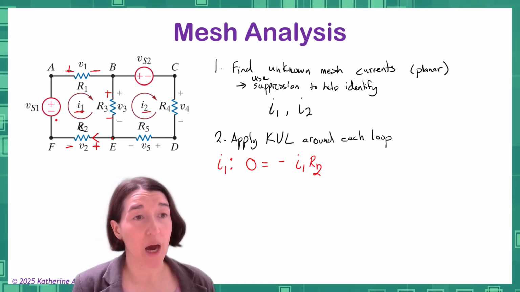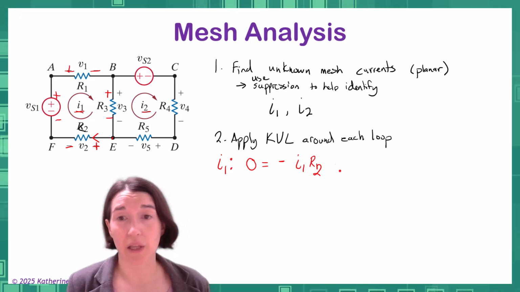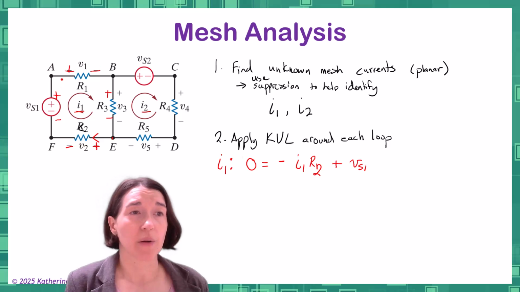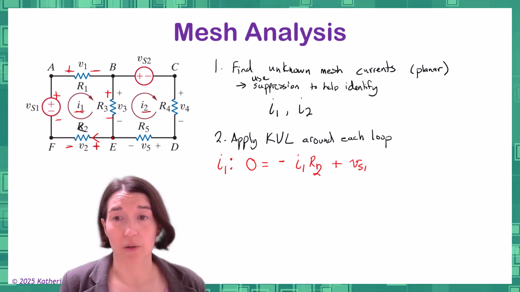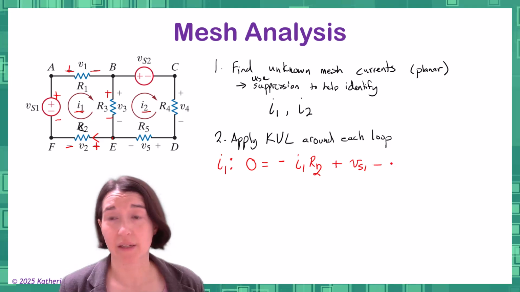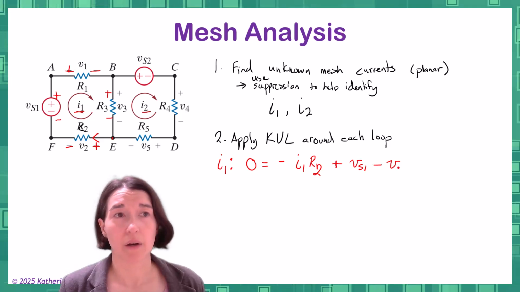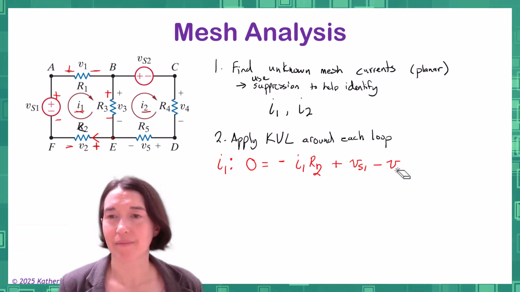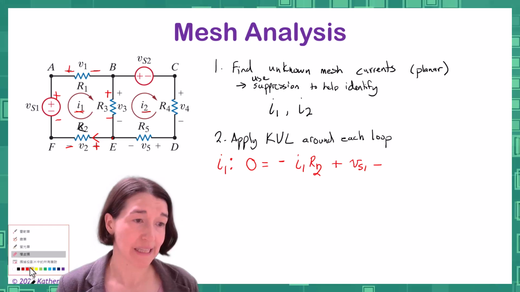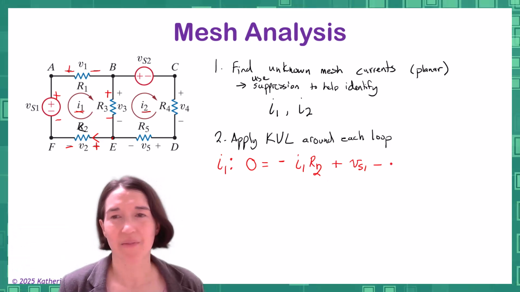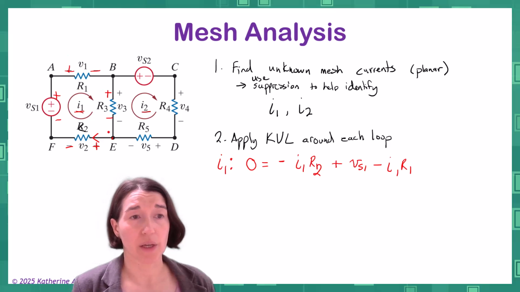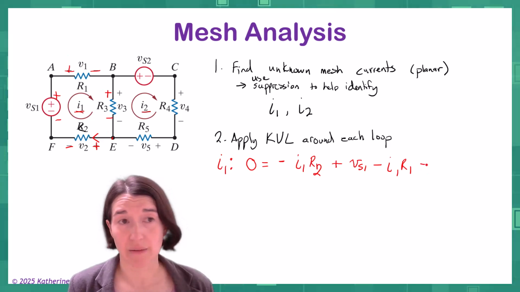Then we'd be going up, so this is negative to positive, so it would be plus VS1. We'd be going down again here, so it would be minus I1 R1. And then the last one, again, would be going down. So minus